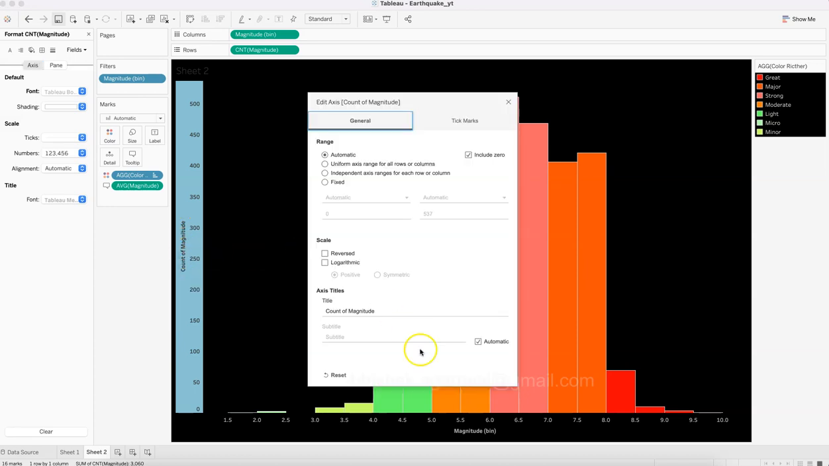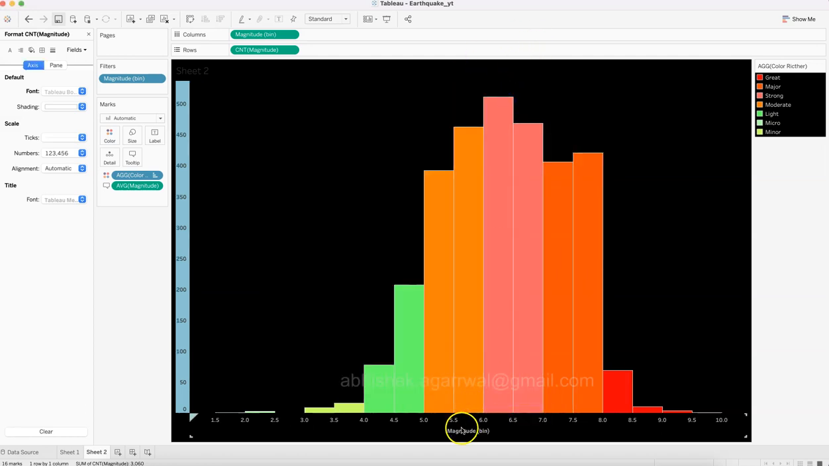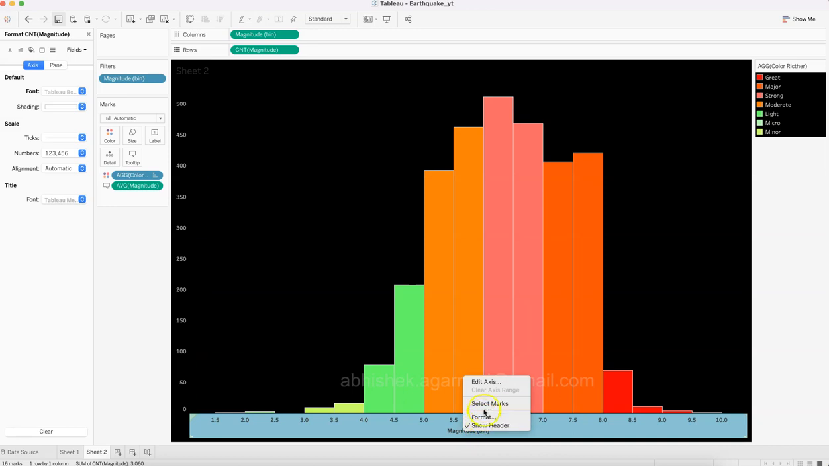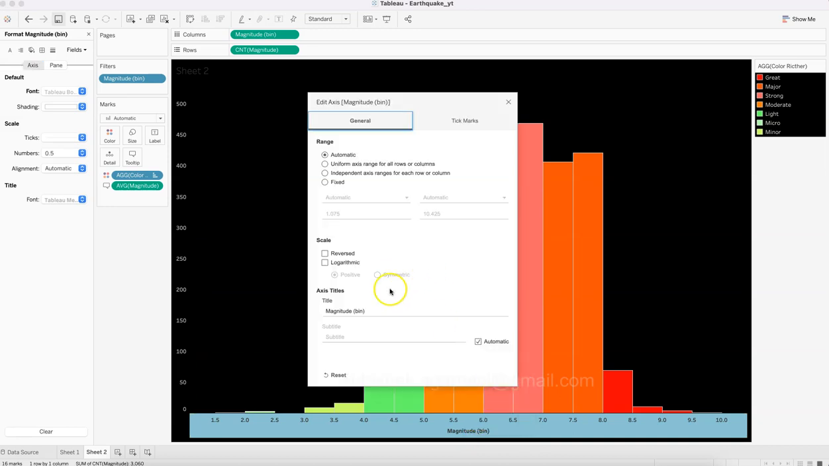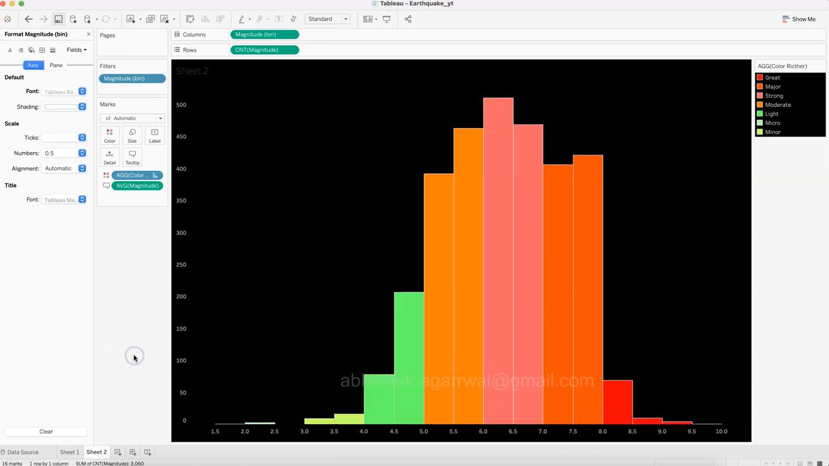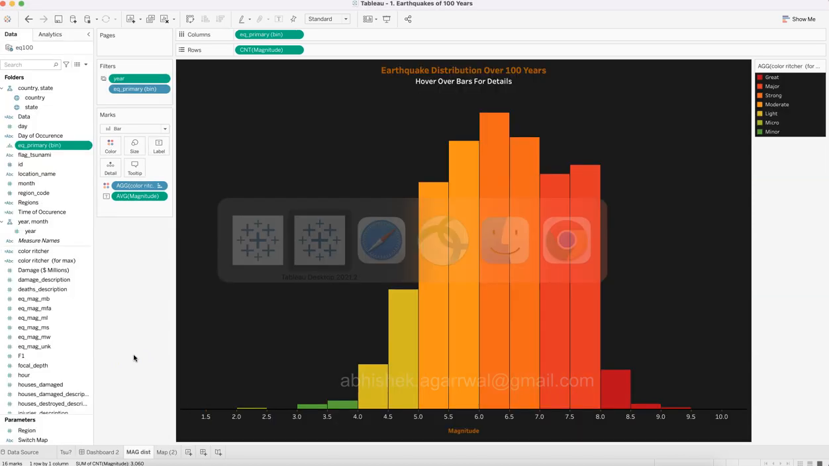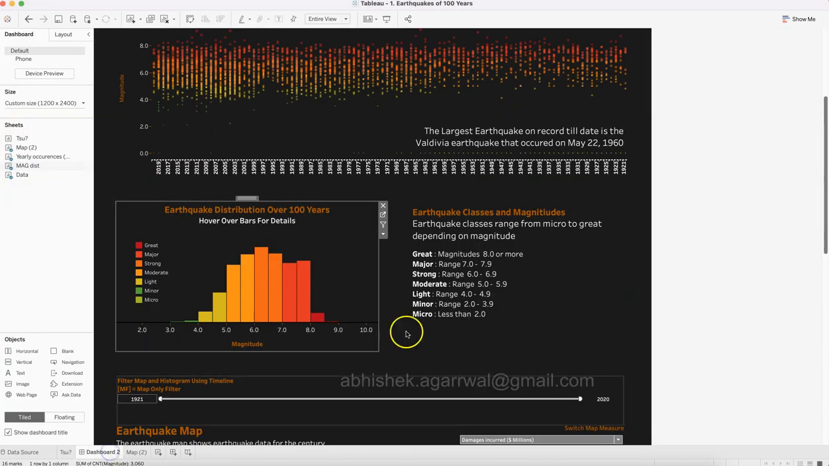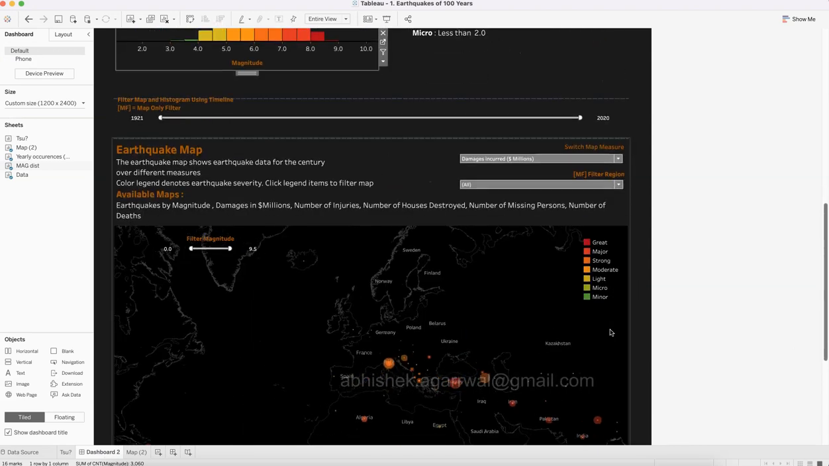So added axis, remove this, close this. Similarly from here, added axis and remove this, should be good. Okay, so now we have our second visualization. Now let's go to the main visualization and look at, I think, the third and the final visualization, which is